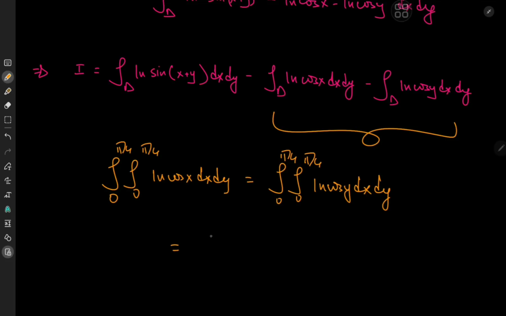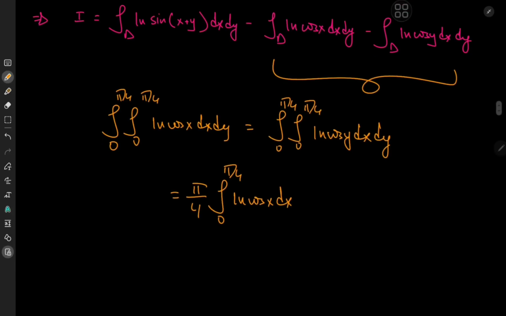So we could declare this equal to the integral from 0 to pi by 4 of log cos x dx times the integral from 0 to pi by 4 of dy. So that means all we have here is pi by 4,